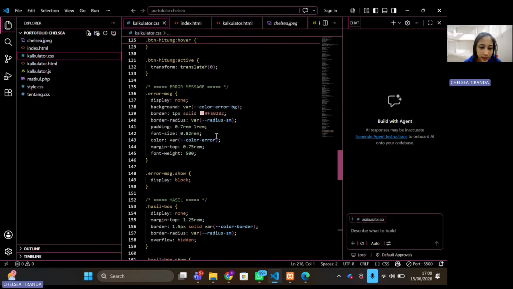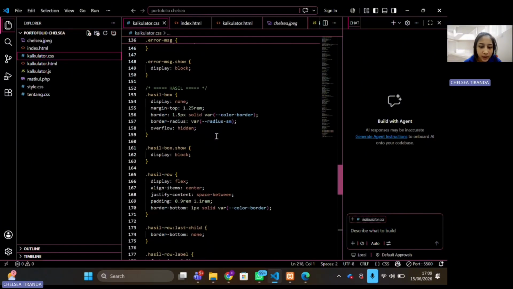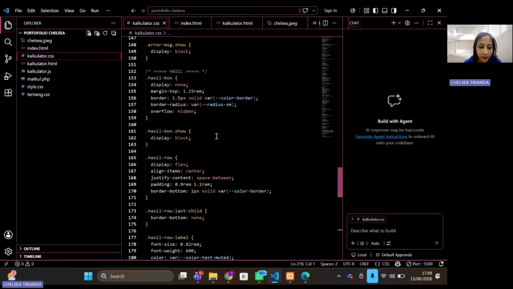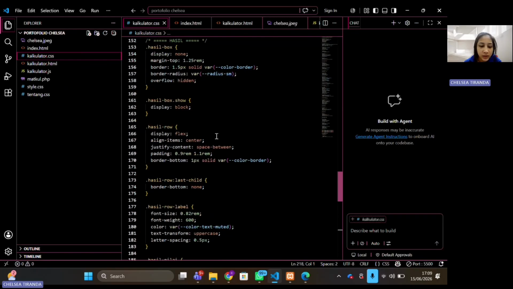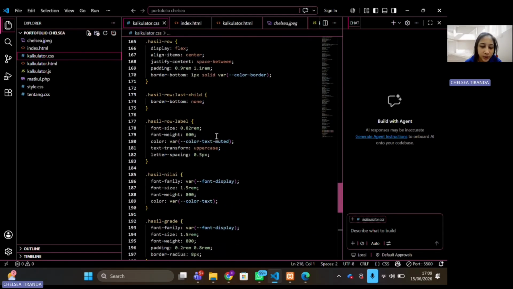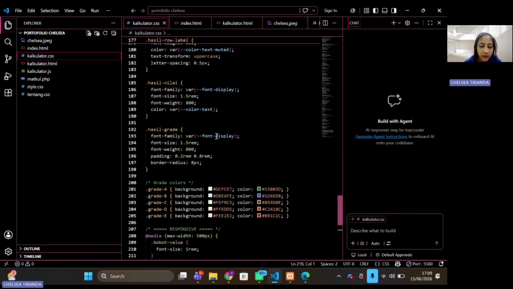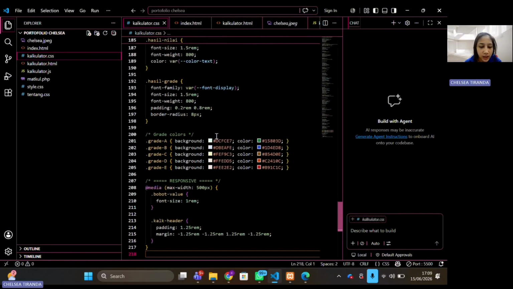In Calculator CSS, I define the styling for form elements, the button with a hover transition effect, the red error message, the result box, and importantly, each grade from A to E has a different background color using the class grade A, grade B, grade C, grade D, and grade E.